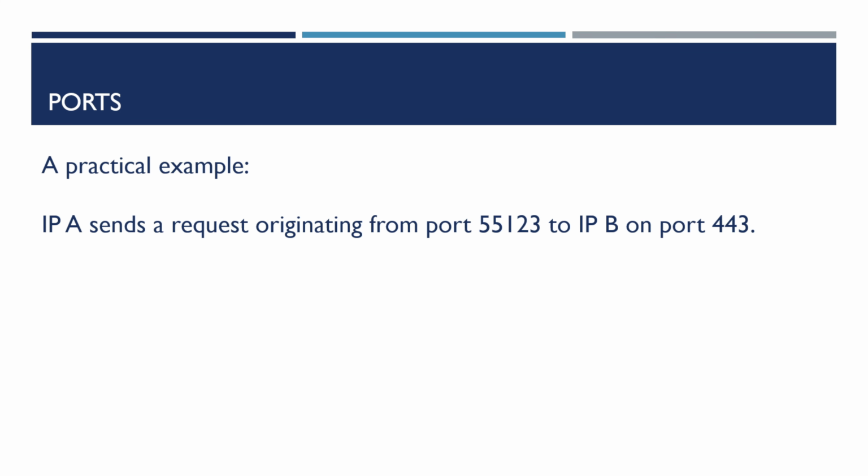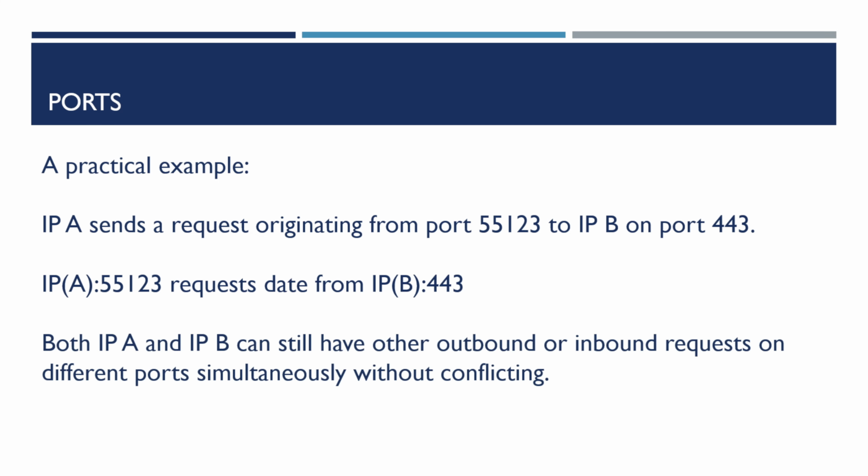IP address A sends a request originating on port 55123 to IP address B on port 443. Kind of looks something like this. Requested data, not date. Apologize for the typo there. Both IP A and IP B can still have other outbound or inbound requests on different ports simultaneously without conflict. So, multiple ports allows for multiple simultaneous connections,